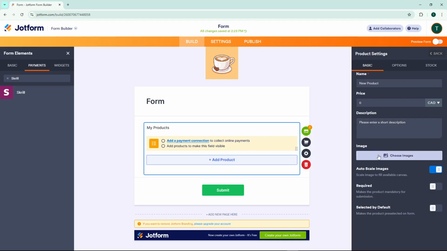Click on the image option, then select Upload File to choose product photos from your device. Clear, high-quality images help customers understand exactly what they're buying. Finally, click Preview Form to test how everything works. This allows you to see the form from your customer's perspective and make sure all the payment details are displaying